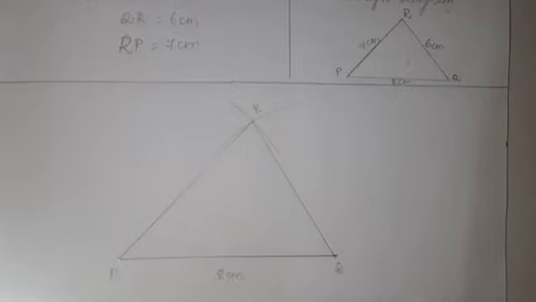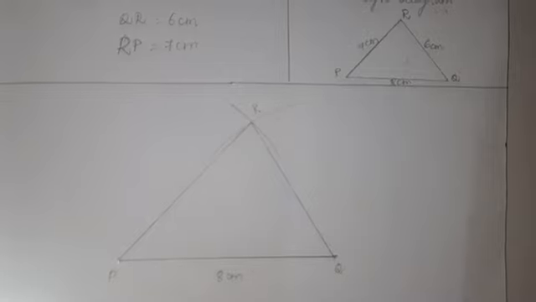After drawing the triangle, we have to draw the middle line of PQ. So we should draw the midpoint. First we should find that midpoint. How will you find that midpoint? We should draw the perpendicular bisector line. When you draw the perpendicular bisector line, you will get the midpoint of PQ.